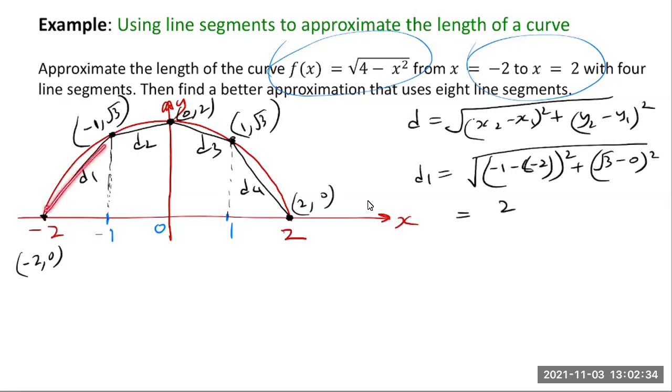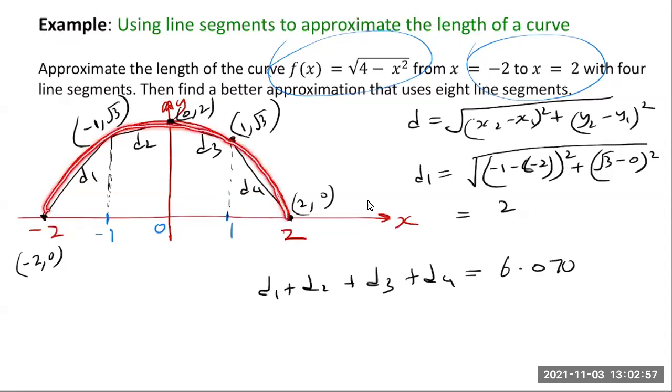So d1 is 2. Similarly, you can find d2, d3, and d4. And if you add them up together, d1 plus d2 plus d3 plus d4 will be equal to 6.070. Okay. By the way, if you compute the actual arc length using the perimeter formula for a circle, this